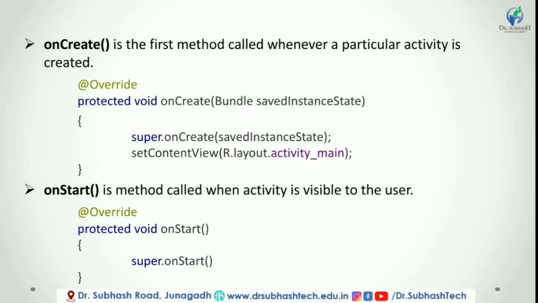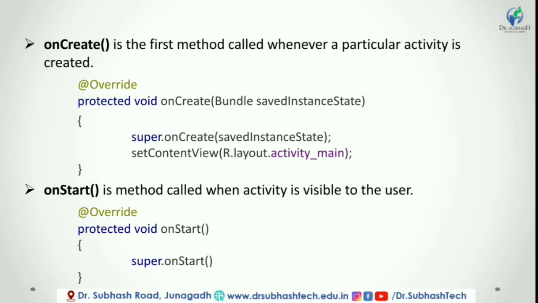First method is onCreate. This is the first callback method, and it fires when the system creates an activity for the first time. During the activity creation, the activity enters the created state. If we have application startup logic that needs to be performed only once during the life cycle of an activity, then we can write that logic in the onCreate method. Following is an example of defining the onCreate method in an Android activity.